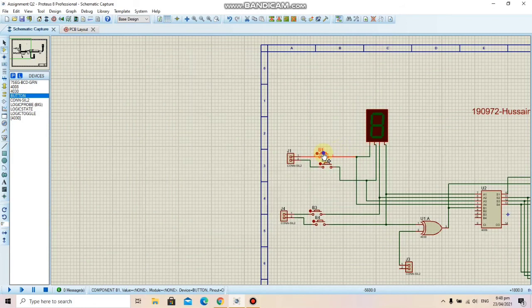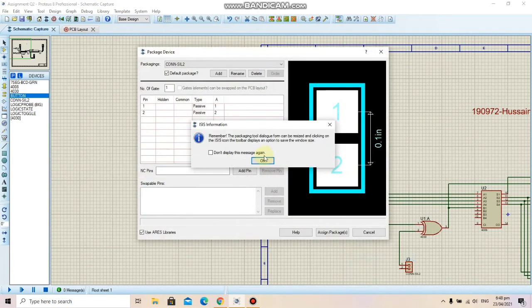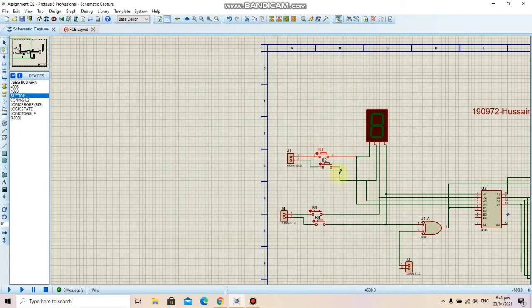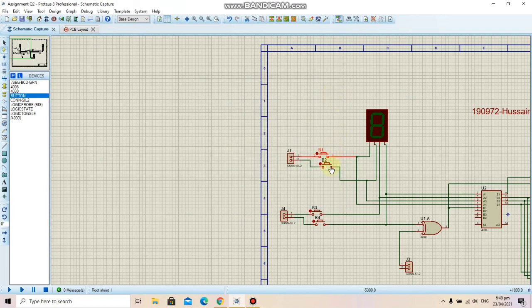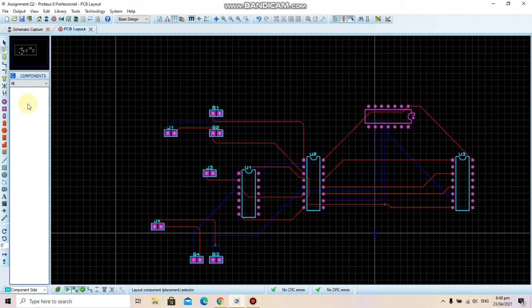After doing this, we go to edit properties and give a name to each of the buttons. Then this box will be checked, so uncheck this exclude from PCB layout, and do this for all the push buttons. Then all our push buttons will be available in the components. We simply place all of them, and we can auto route them, or make connections ourselves if we want to.